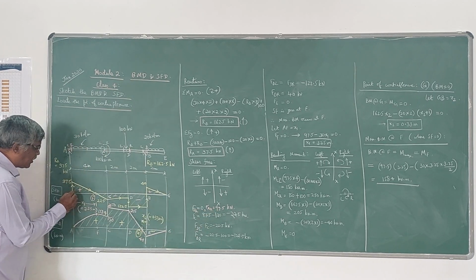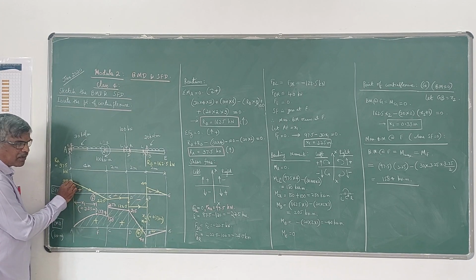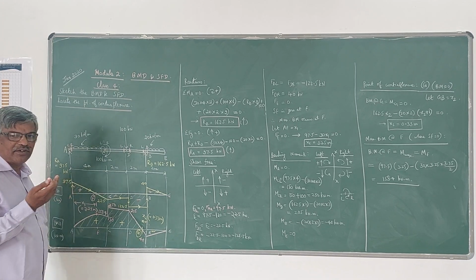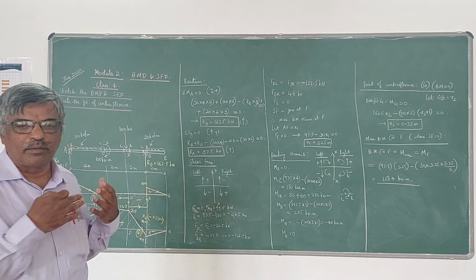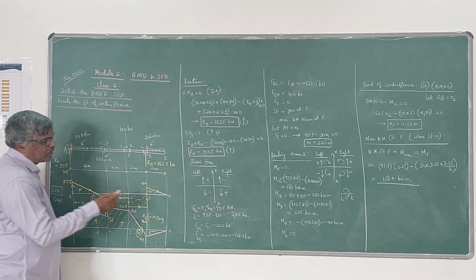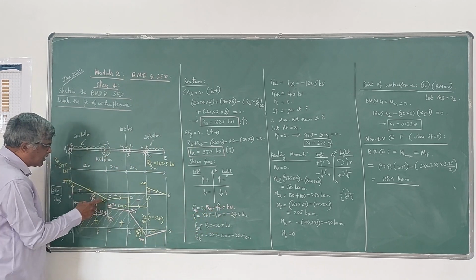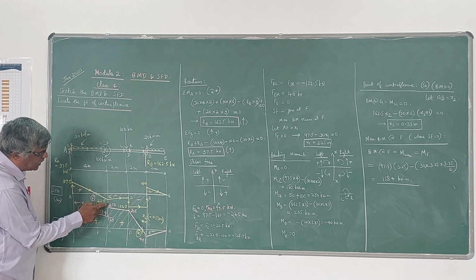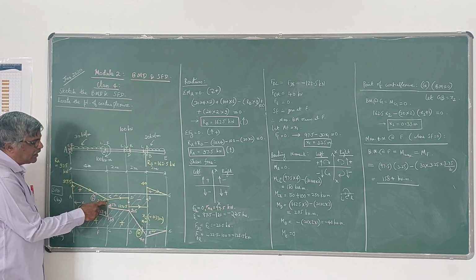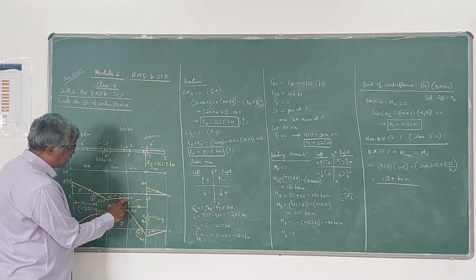So FAL I am going to plot first. It starts from 0, then the next value is 97.5. Or in other words, shear force at the support is nothing but the reaction. Next, the second point is C. At C you have shear force minus 22.5. You have to plot below the line, minus 22.5. Then at DL it is the same, minus 22.5.